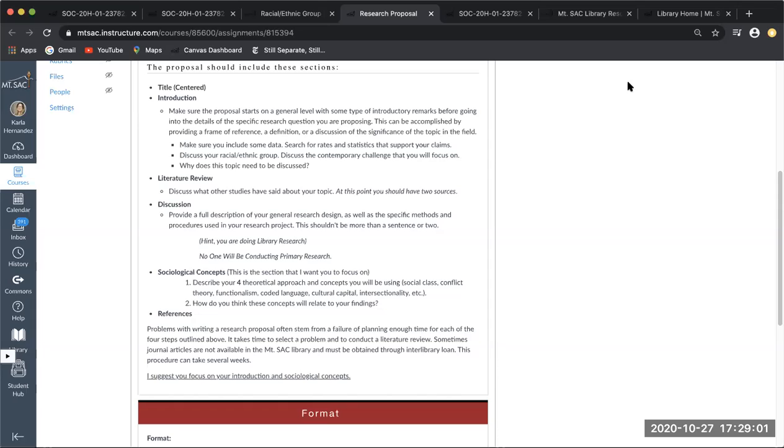Make sure, and this is important, that you include data. If you are going to be talking about poverty among African Americans and why this is a problem, I can see that it's much more of a social problem when you start giving me actual data.